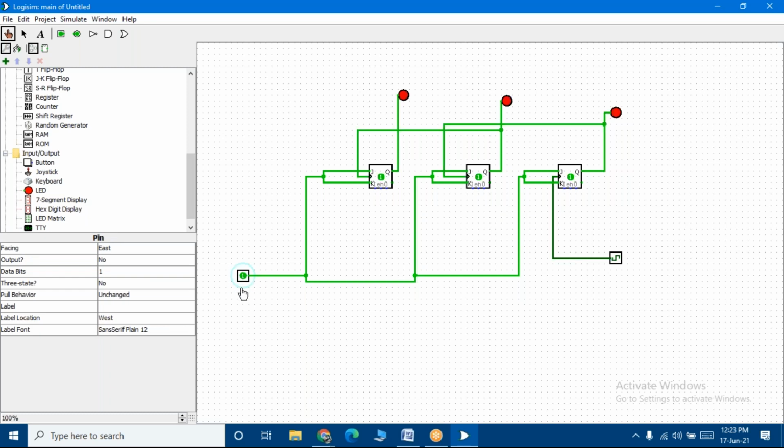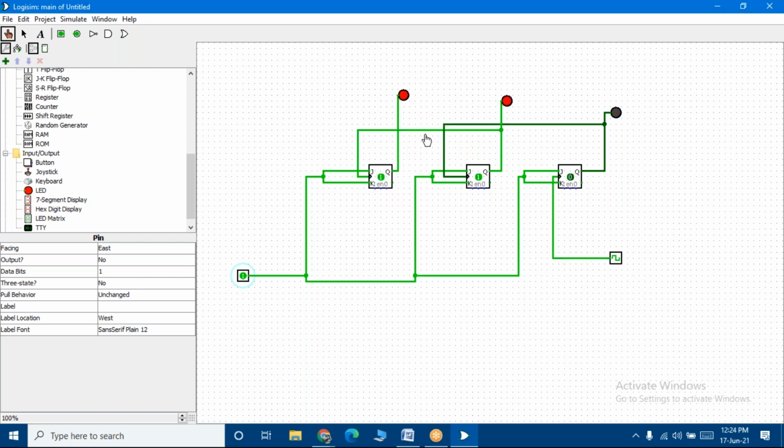When I make this 1, see, our output is automatically displayed. See your LED and the inputs, students. You can see the flip-flop inputs also changing. Are you able to see? See here, 000, then 111, 110, 101, 100, 011, 010, 001 and 000.